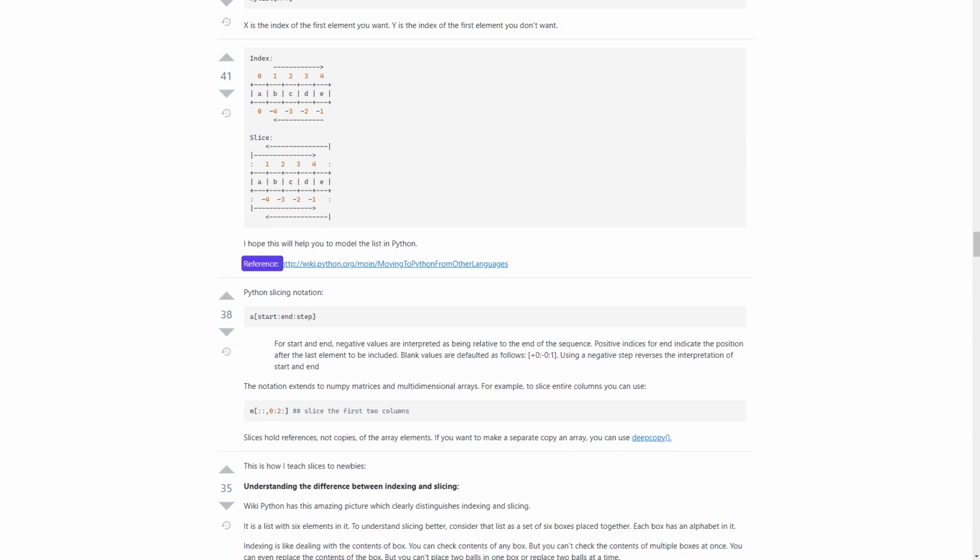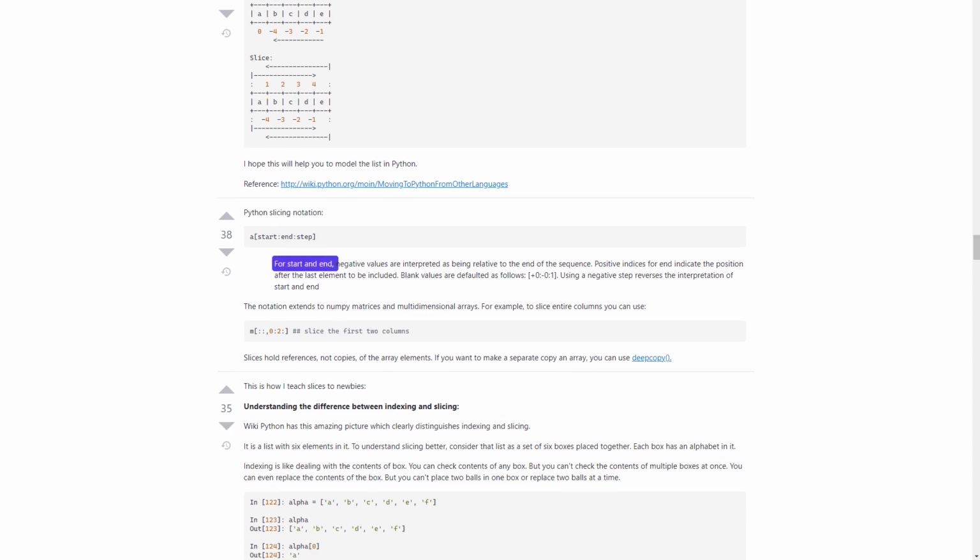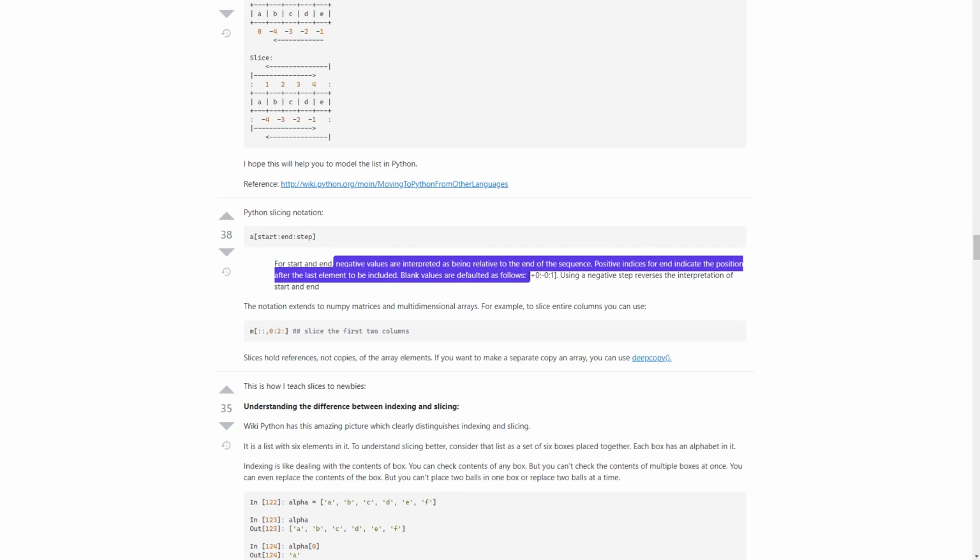Reference: the Python wiki page on moving to Python from other languages. Python slicing notation: for start and end, negative values are interpreted as being relative to the end of the sequence. Positive indices for end indicate the position after the last element to be included. Blank values are defaulted as follows: